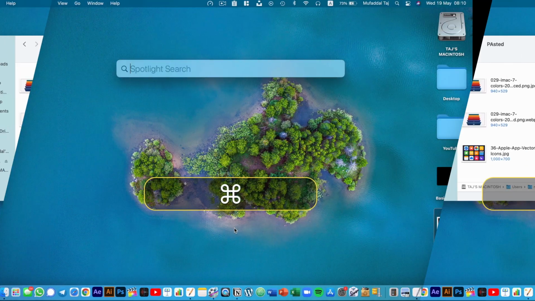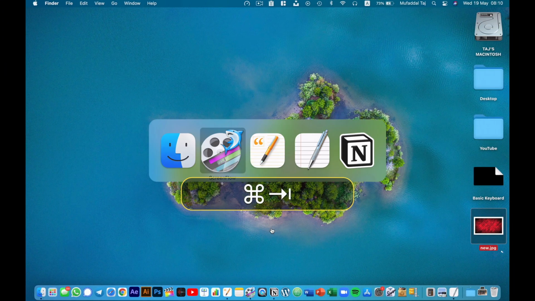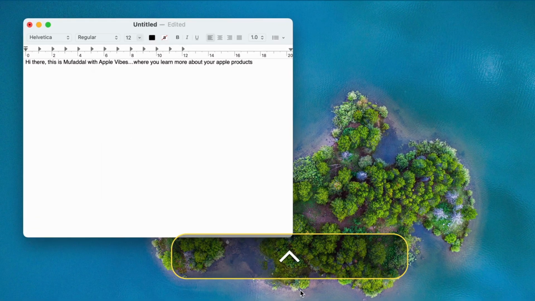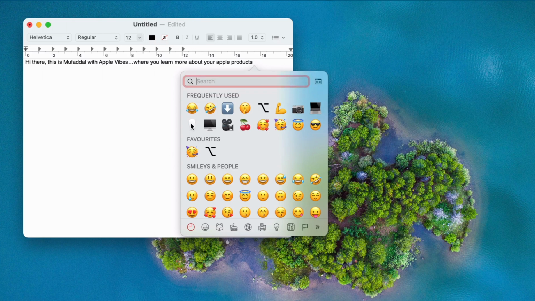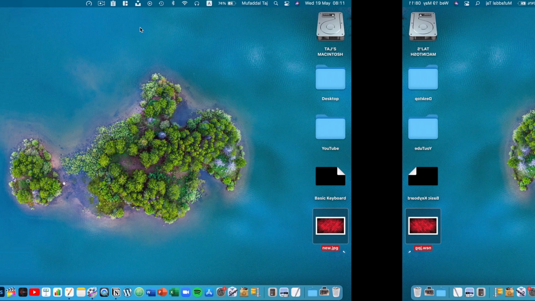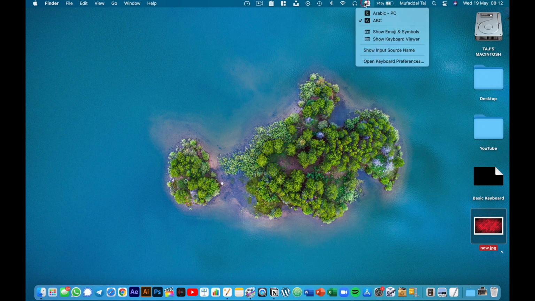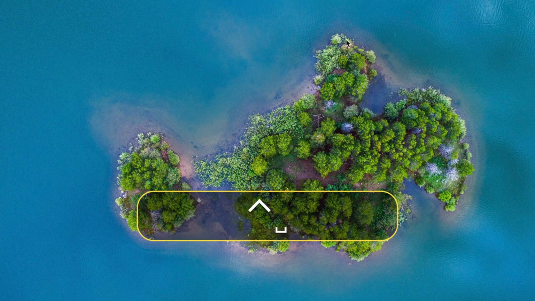Another feature that you can only dream of in Windows is using emojis in text. Pressing Ctrl plus Command and spacebar will instantly get a menu for adding emojis. Choose your emoji and add it from here. If you have multiple languages set and you have to toggle between them, you can use Ctrl plus spacebar to toggle between them very easily.